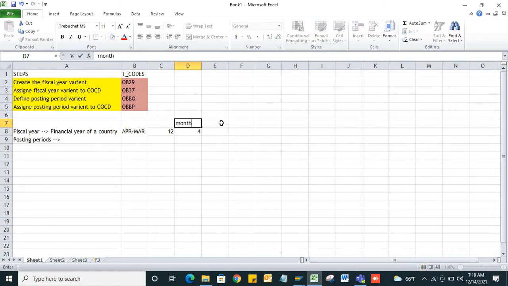In the financial year April to March, you have 12 months, and your first month for posting in the system is April. April is month 4 of the calendar, but your period would be 1.